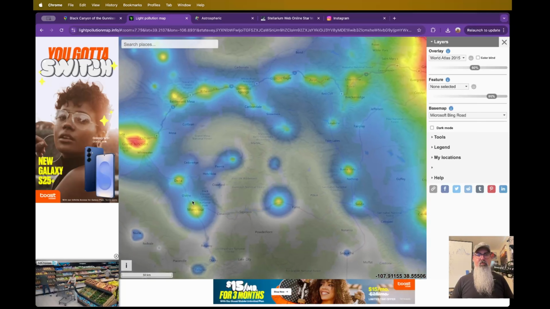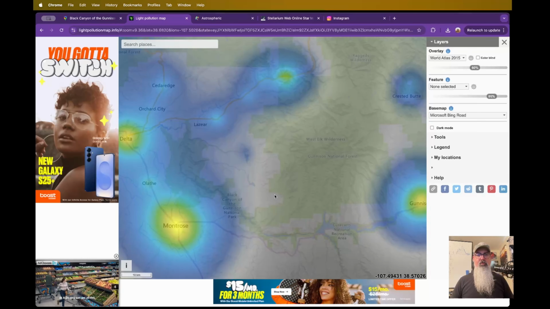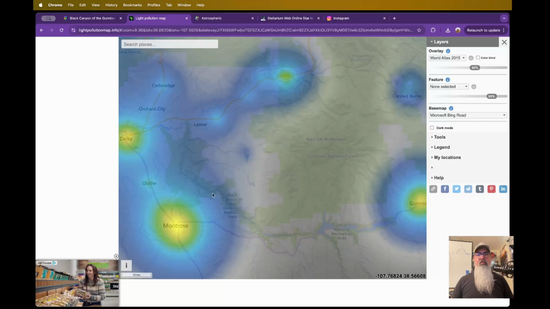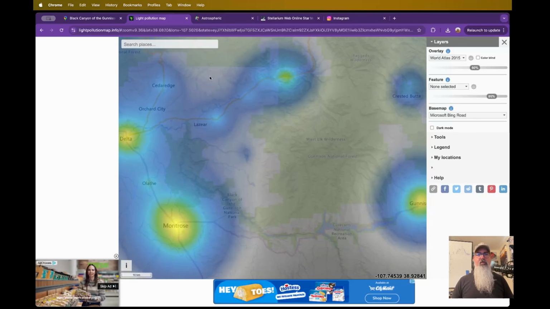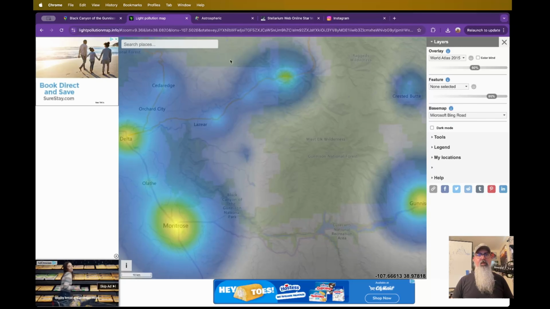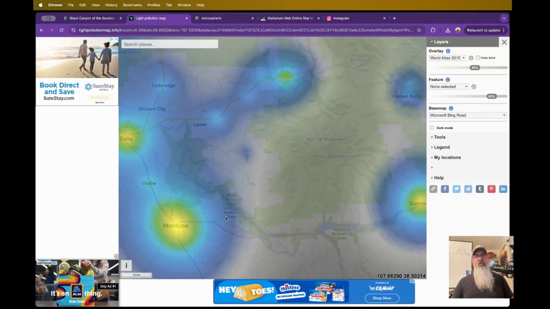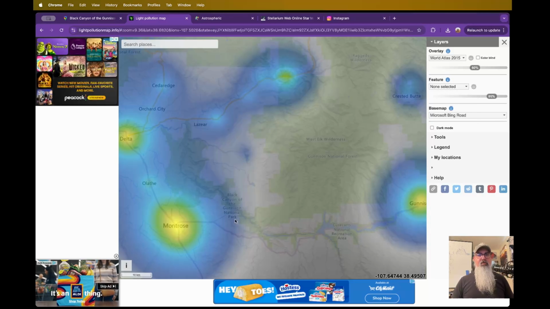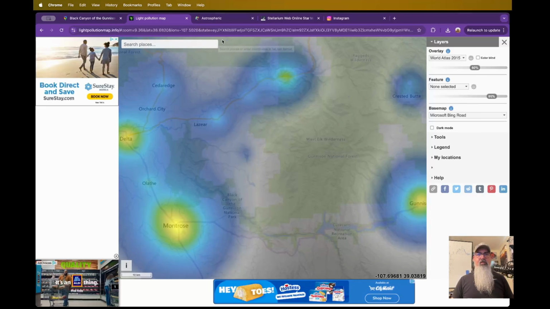But we can see from the Black Canyon here, most likely we would be able to see some good sky details with a little bit of a light dome like you see in the image that I captured. So now that we know that the Black Canyon is actually a dark location, which we could already know because it's designated as an international dark sky spot, we can move on to the next step, which is we want